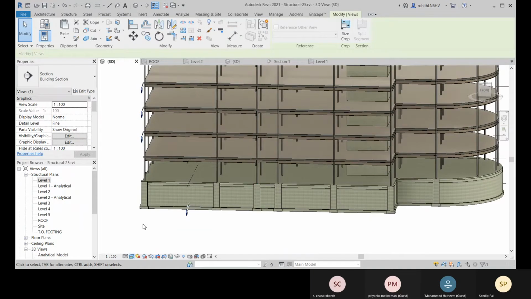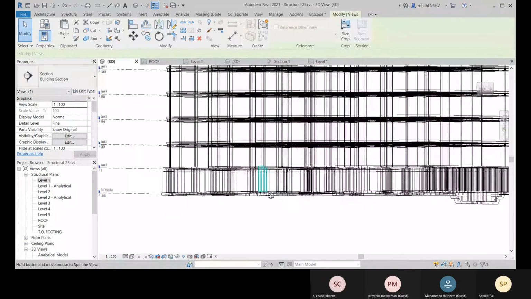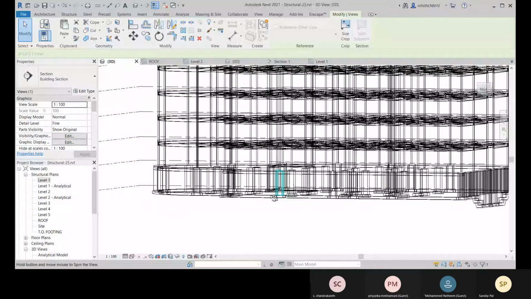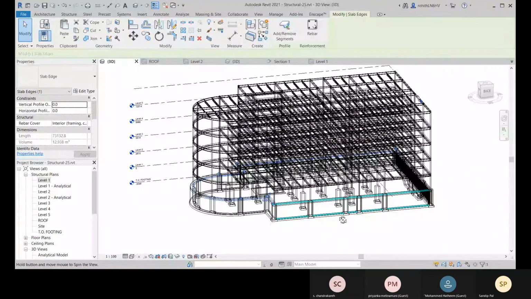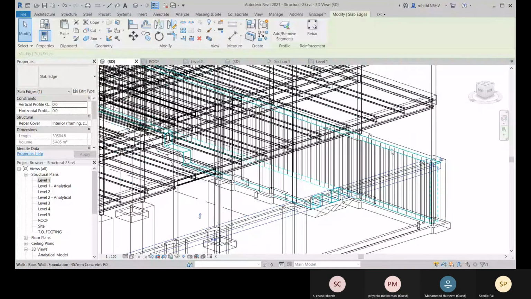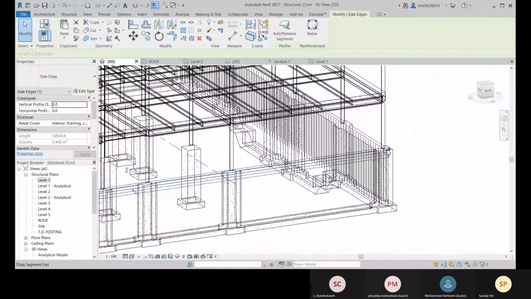Let me see. So this slab edge is placed. This one, but here I'm not getting it. So here is the slab edge. So some slab edges are not placed properly.